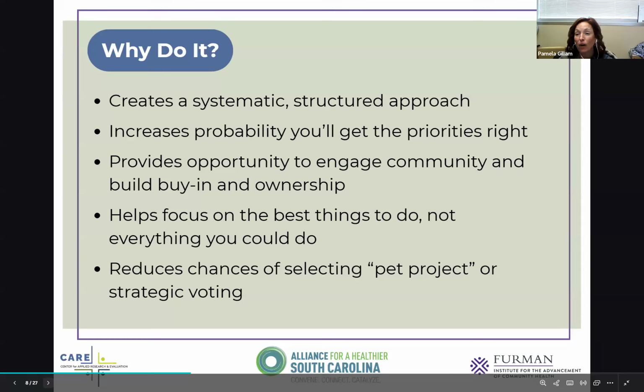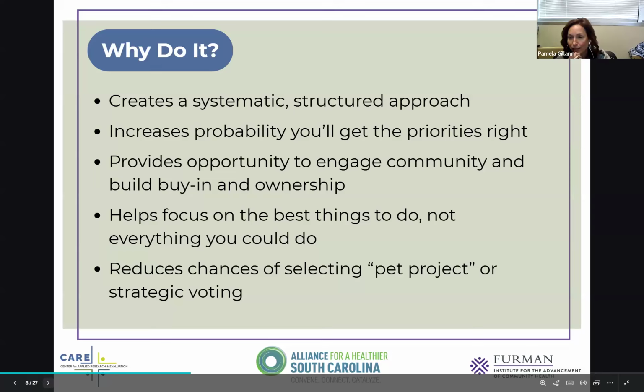To me, one of the most important pieces of prioritization is reducing the chances of selecting a pet project or strategic voting. I don't know if you are familiar with the term strategic voting, but go Google it. If you check it out, there are all different kinds of ways. Strategic voting is this idea: if you do just straight voting instead of a more systematic